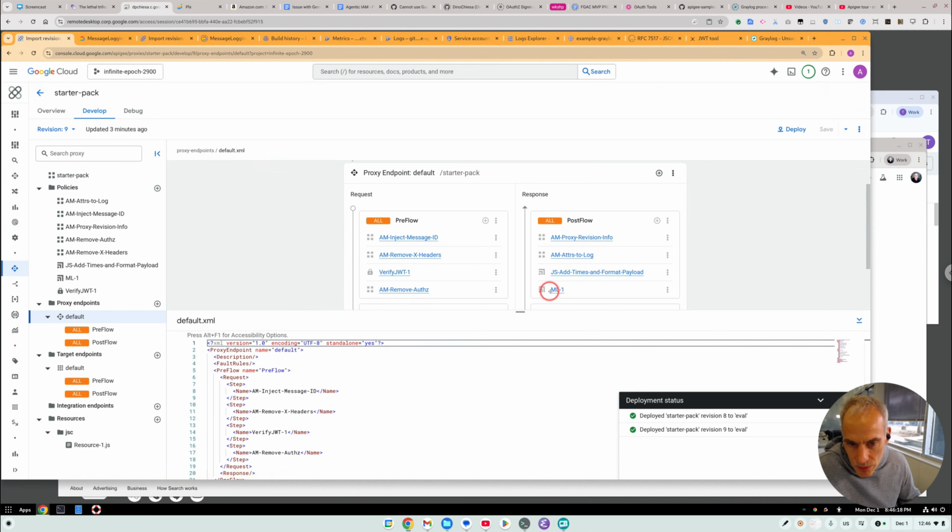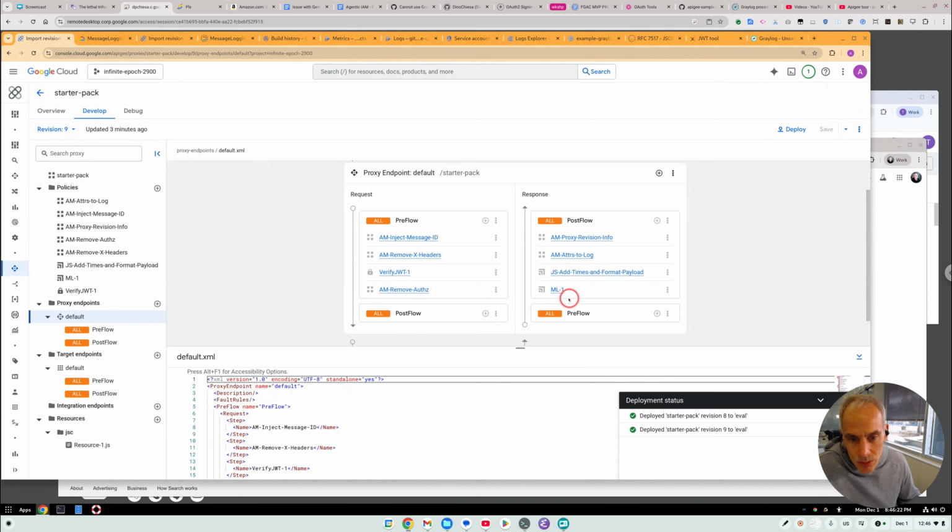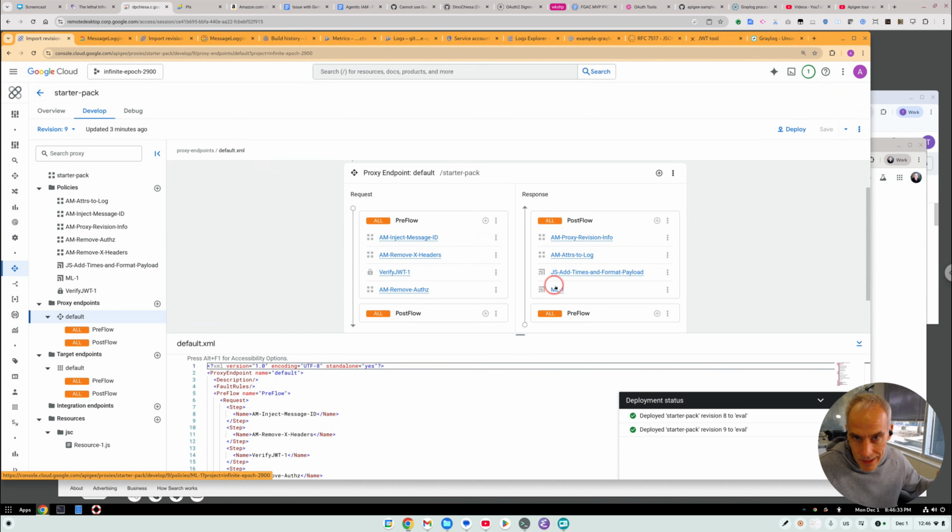Apigee has an option where you can attach this to post client flow, which means it will run the message logging after it has responded to the client, which means the overall latency that the proxy incurs does not include message logging. That's just a post-response set of operations that Apigee can perform, and message logging is a good one to put in there because the log will not affect what you send to the client, and there's no reason to make the requesting application wait